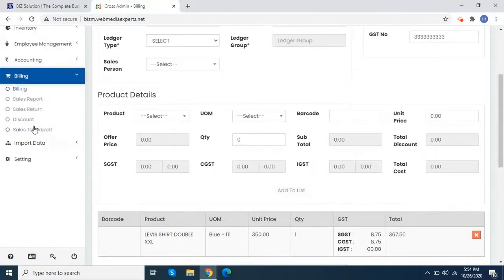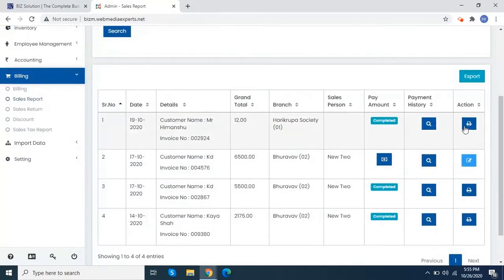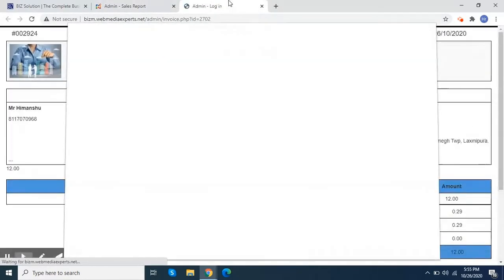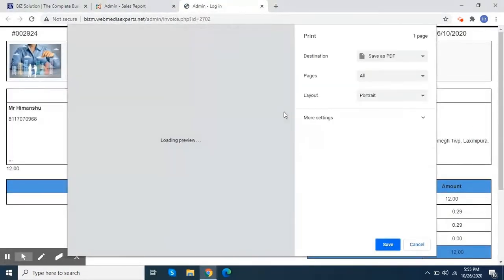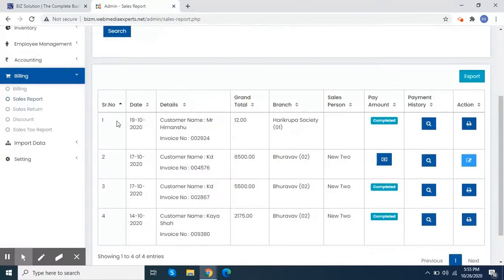In sales report, the product purchase can be viewed and the invoice can be generated by clicking on print. The remaining bill can also be paid by clicking on pay amount.